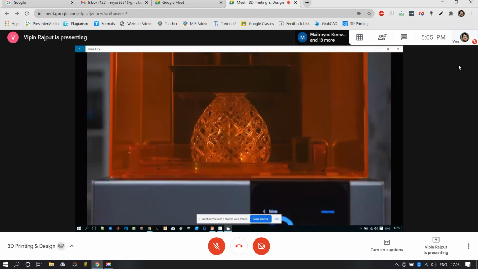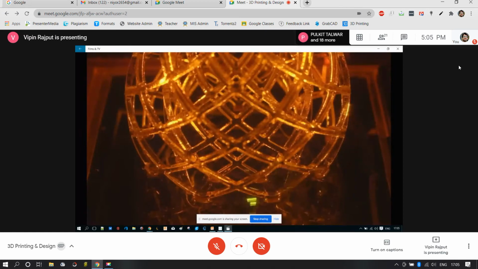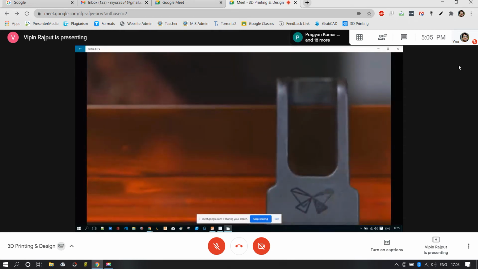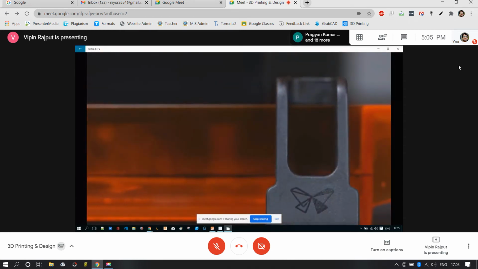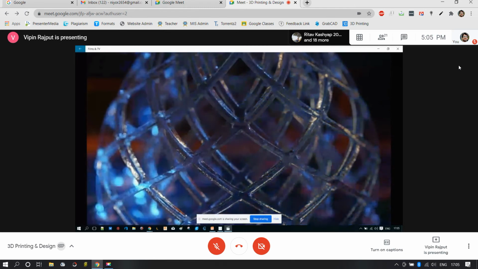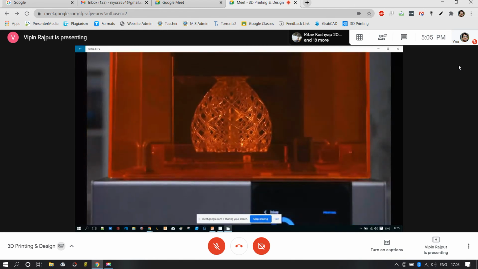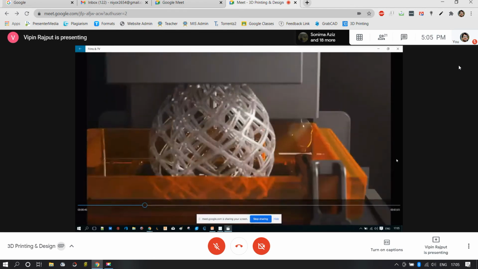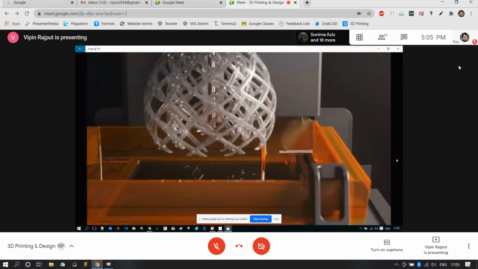A responsive heating system warms the resin to a consistent temperature. This creates a reliable print process, producing beautiful parts without sacrificing speed. It features a 40% larger build volume and a new smart resin system that automatically refills the tank when levels are low.